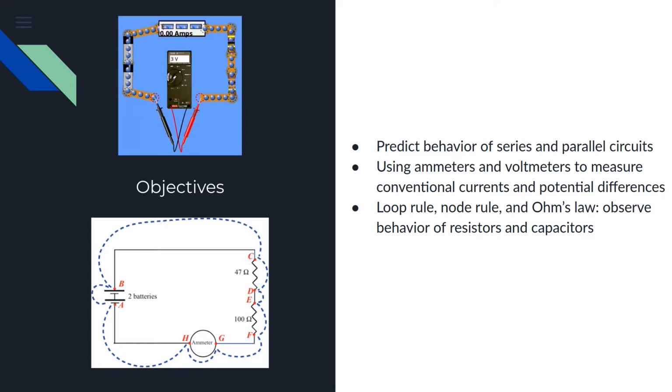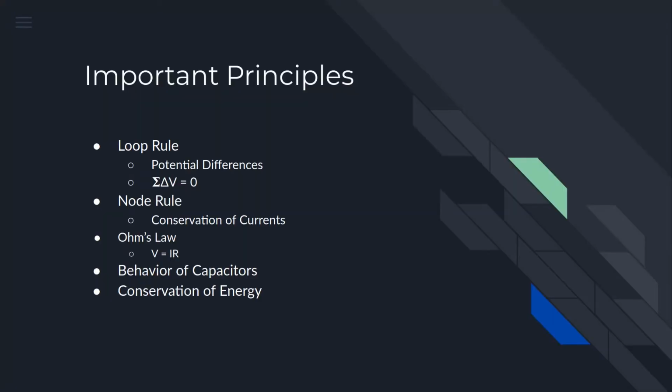We can achieve this by applying Kirchhoff's loop rule and node rule, alongside Ohm's law, to mathematically understand the phenomena within resistors and capacitors. To elaborate, Kirchhoff's loop rule states that all electric potential differences should sum up to zero. The node rule states that all currents flowing into a node equal the sum of all currents leaving it, the conservation of currents. Some other principles include knowing the behavior of capacitors and the conservation of energy, which links back